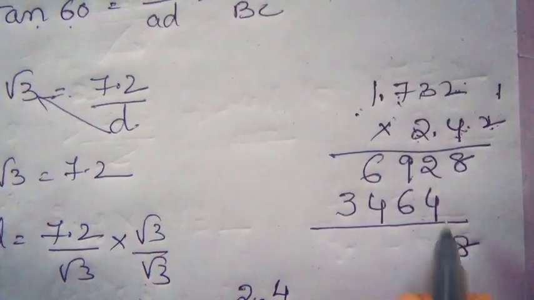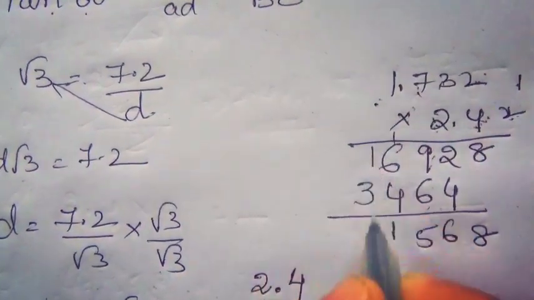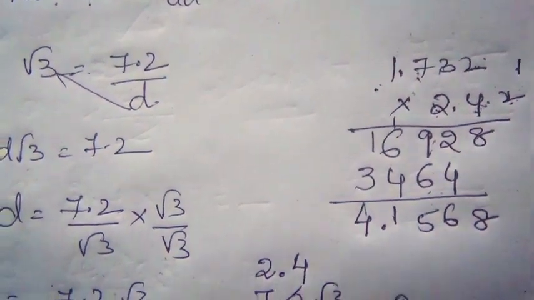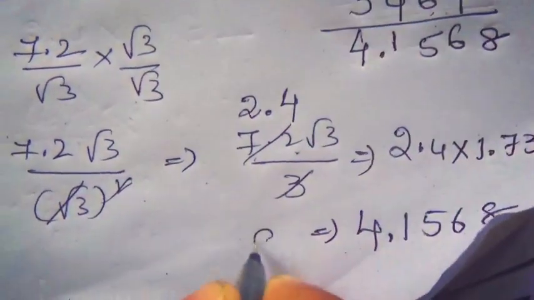Okay, so 8, 6, 5, 11, 4. 4.1568. It is the distance between